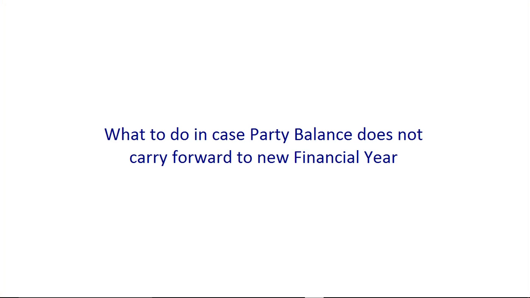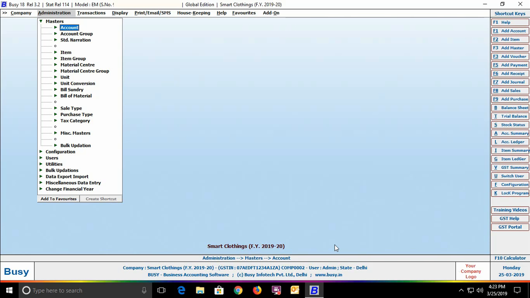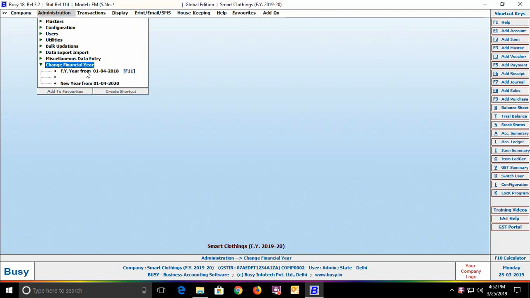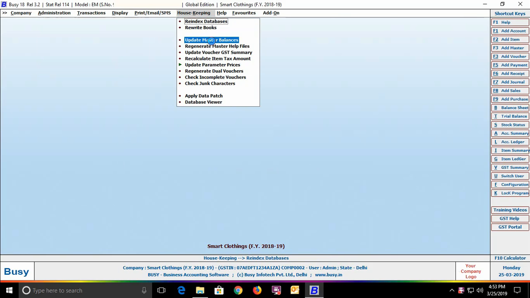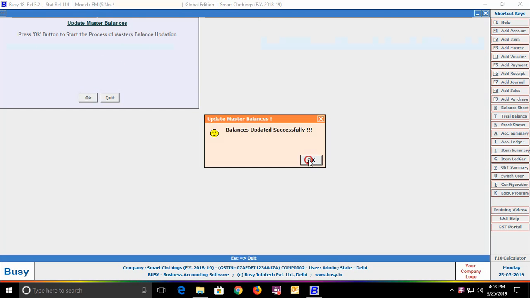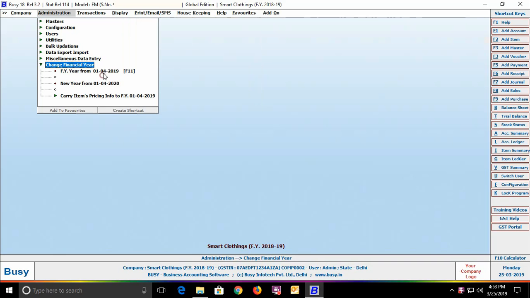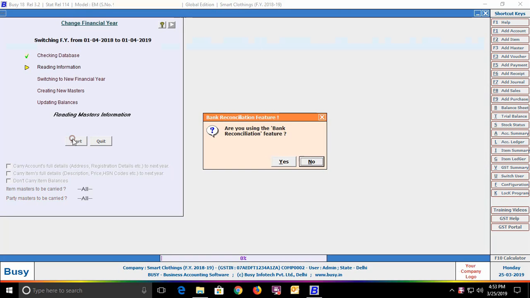Sometimes it happens after changing financial year, previous year's party balances are not carried forward to new financial year. For this, in the previous financial year, select the update master balances option under the housekeeping menu. Run this option and then again come back to the new financial year, change financial year, and you can see